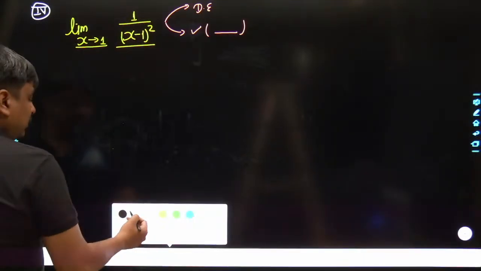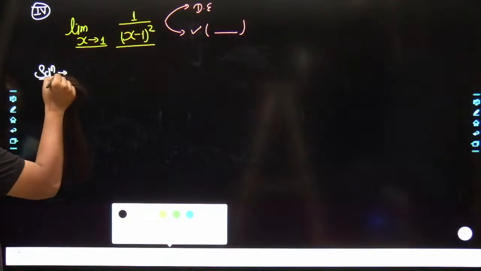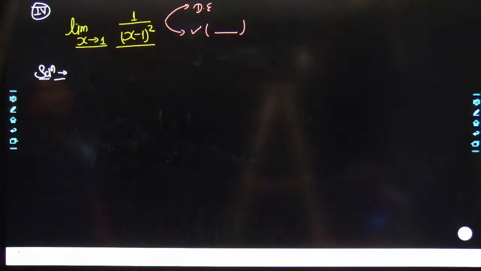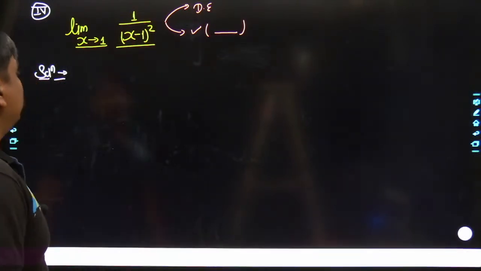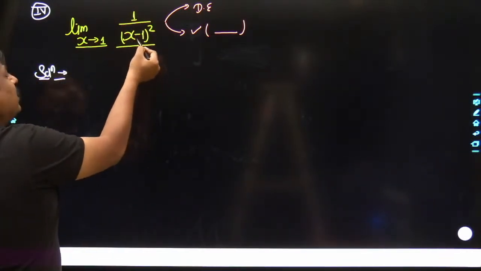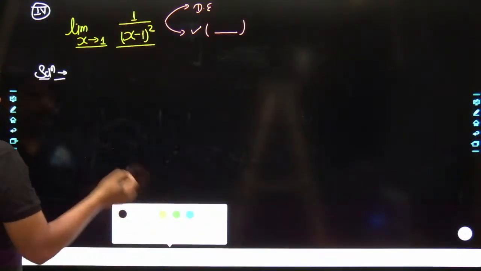Why have I deliberately taken this problem? Because many students think that whenever we calculate the limit at its real pole, by default the limit does not exist. But this is not the case. Why? Try to understand it this way: 1 upon (x minus 1) to the power of 2. If you would draw it over the xy plane,